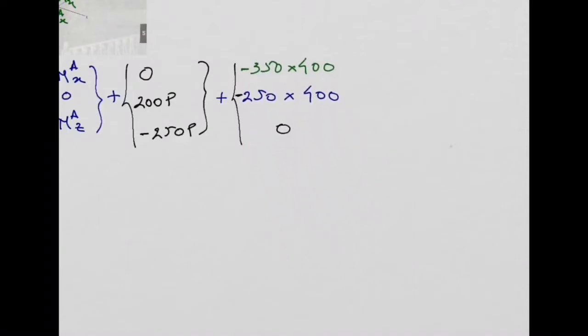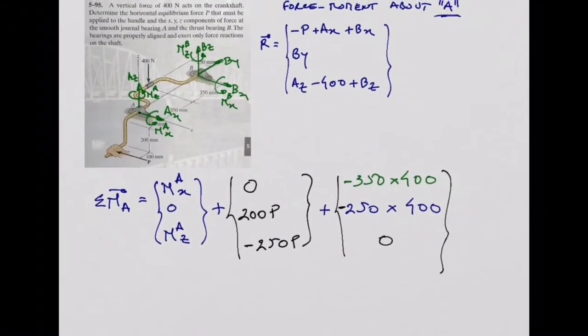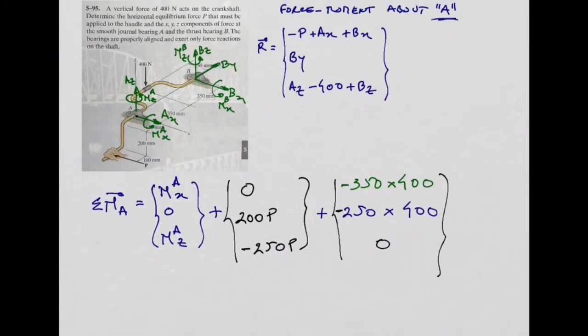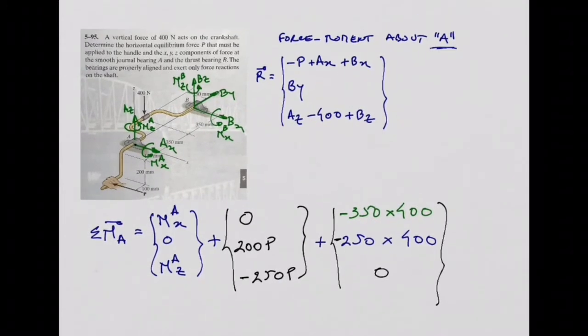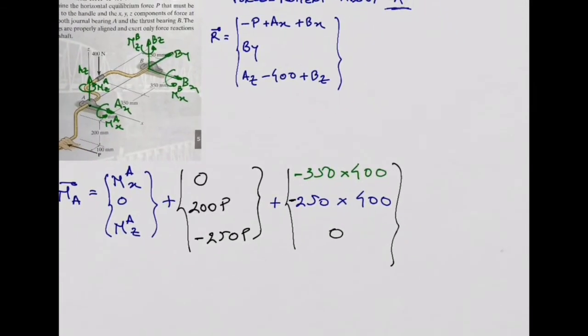So let's move this now to here. What else do we need to do now? Now we need to calculate the moments from the reactions at point B, the moments produced by these reactions about A. So I'm going to add first the moments produced. So these moments,